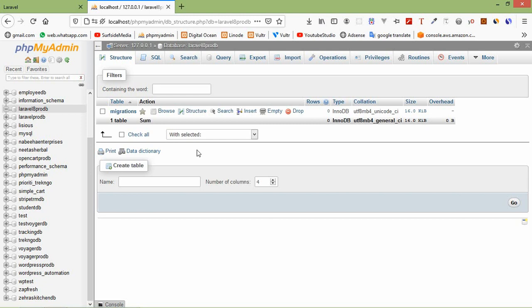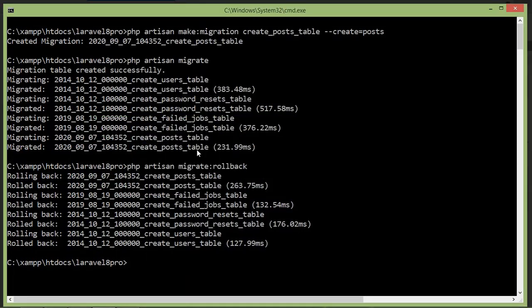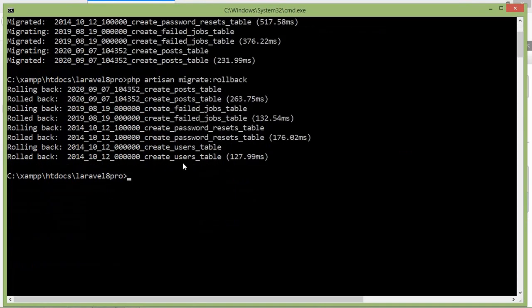All right, now let's see the refresh migration. The migrate:refresh command will roll back all of your migrations and then execute the migrate command. All right, this command effectively recreates your entire database. So switch to the command prompt and just run the migrate refresh command.